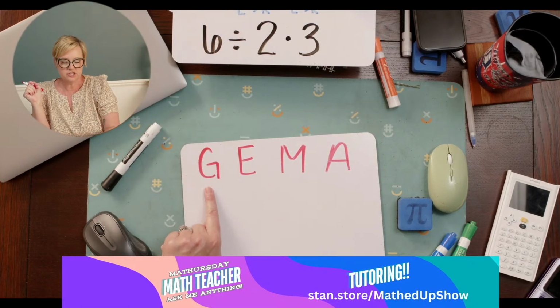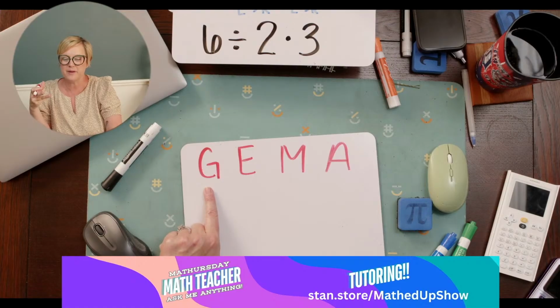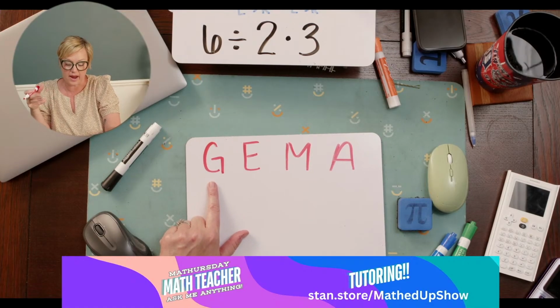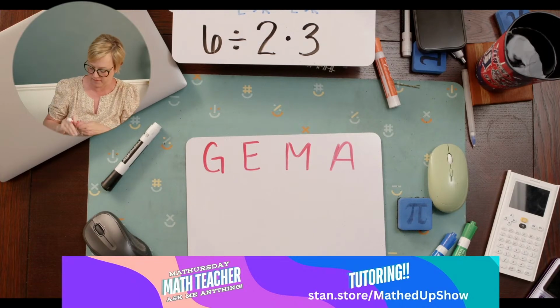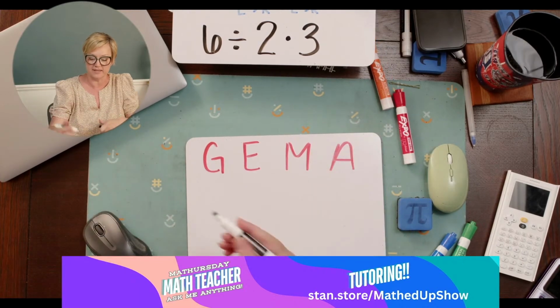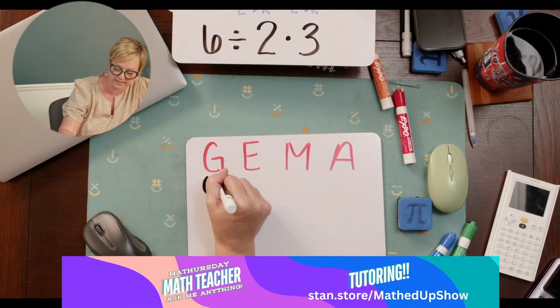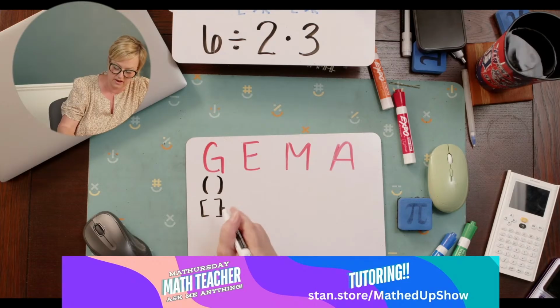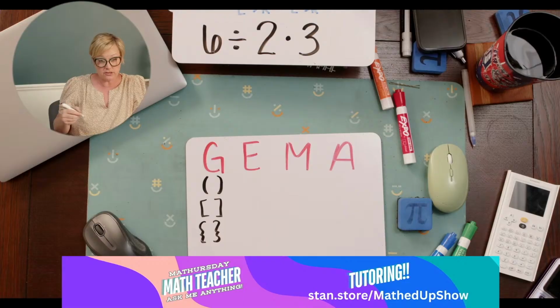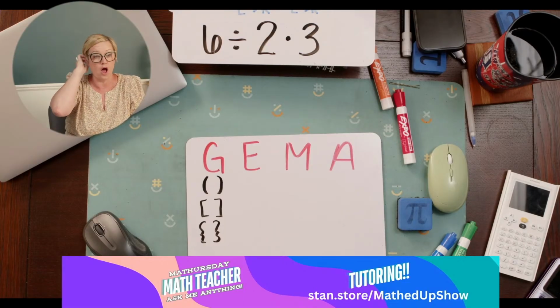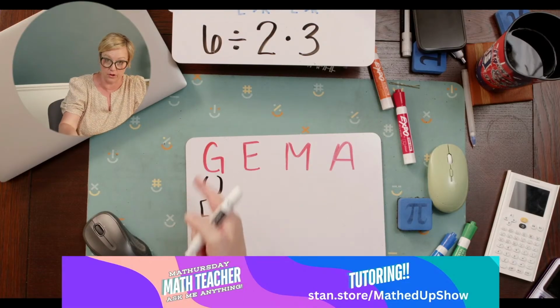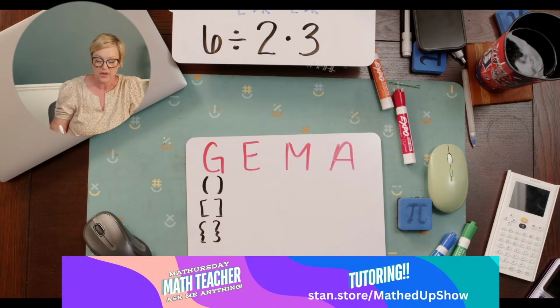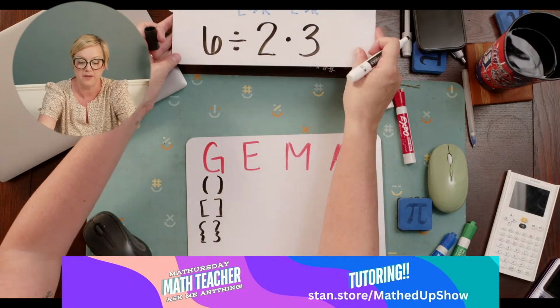Okay. So G stands for grouping, and that's because there's more than just parentheses. Parentheses are just one way to group things together. So you could have parentheses like this. You could have square brackets like this. You could have curly braces like this. And actually another grouping symbol that you don't often see included in these is a fraction bar. So like this one up here,